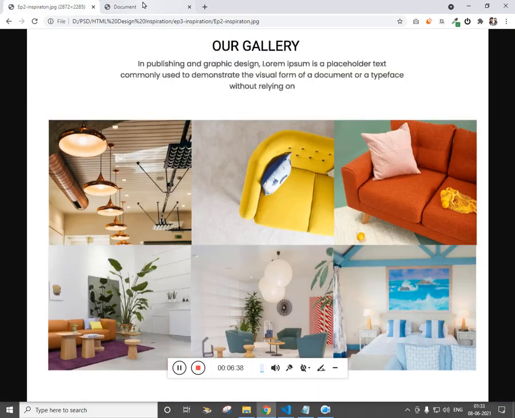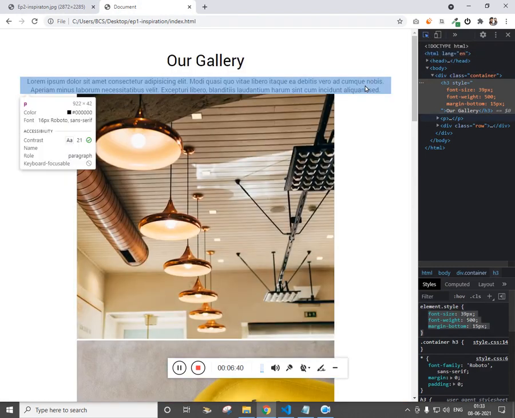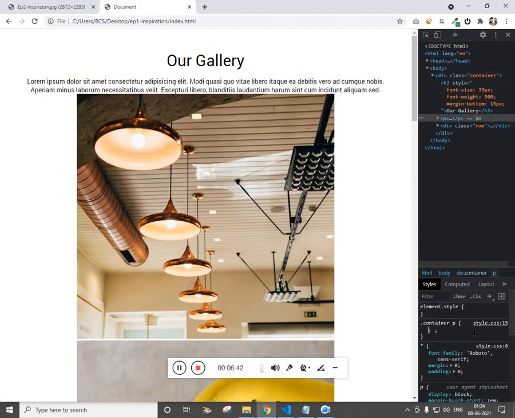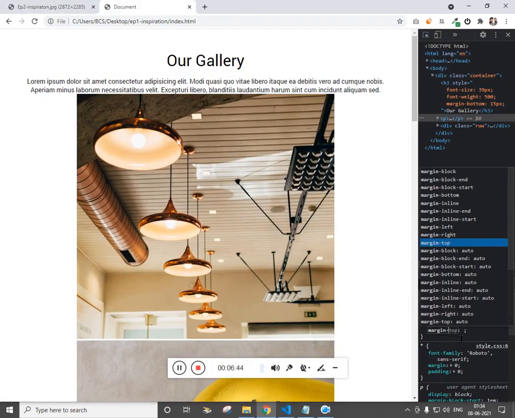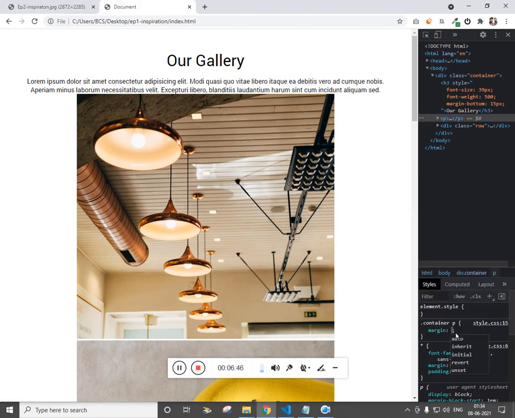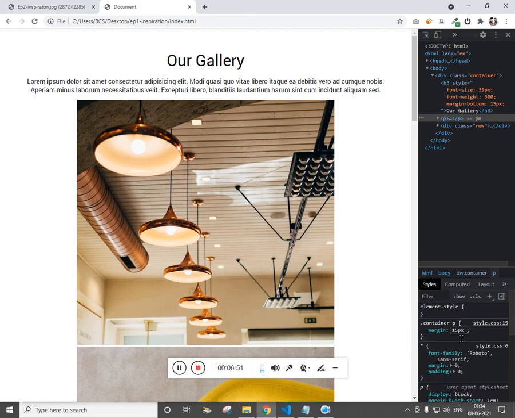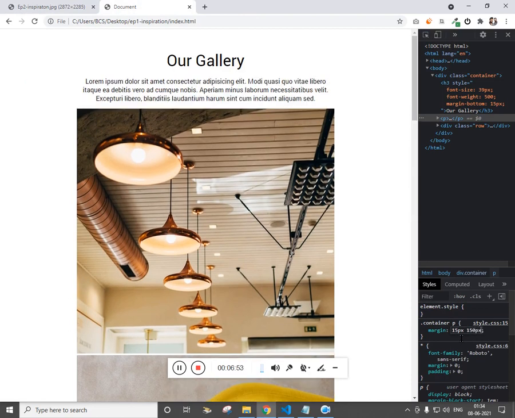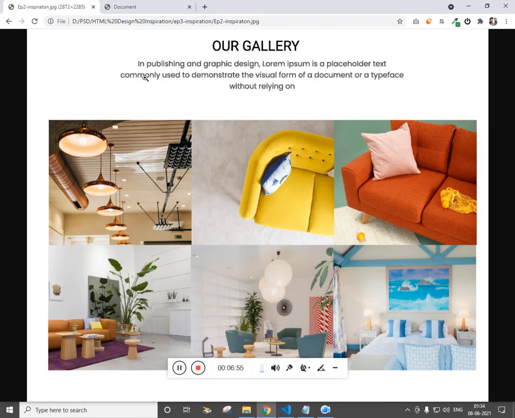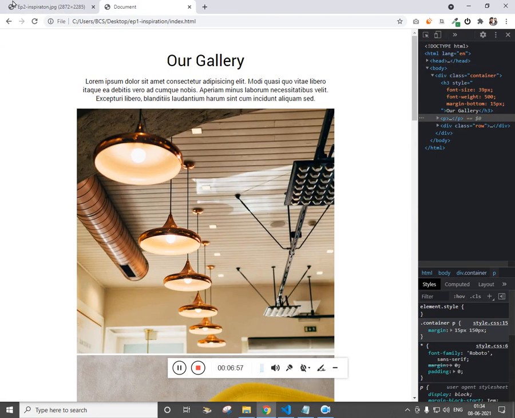And for the paragraph, as we have already seen, we need a margin top and bottom, let's say 15 pixel, and left and right 150 pixel each. Do we want even more? No, I don't think. You see, we have some space. That's all right.